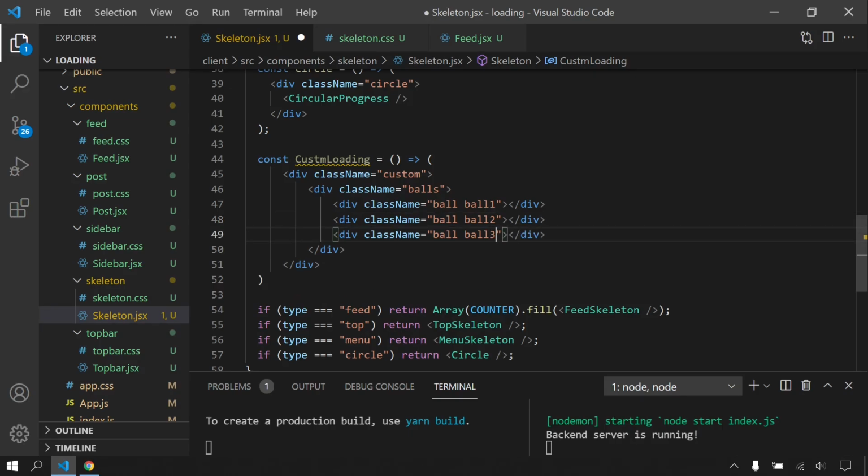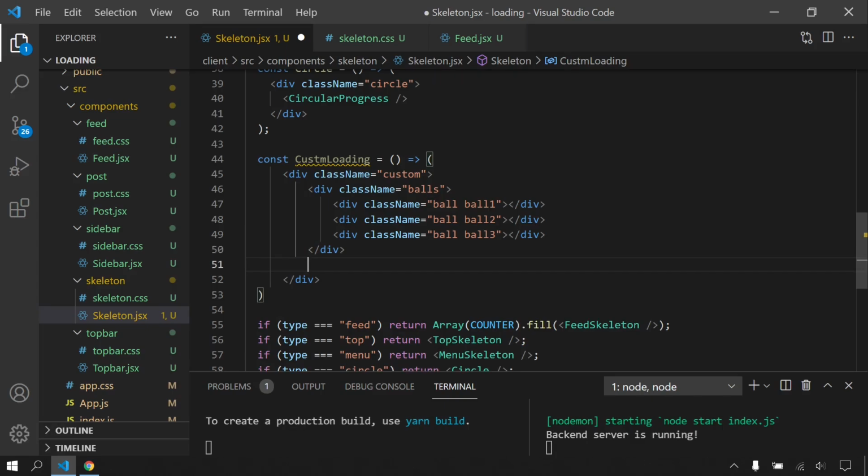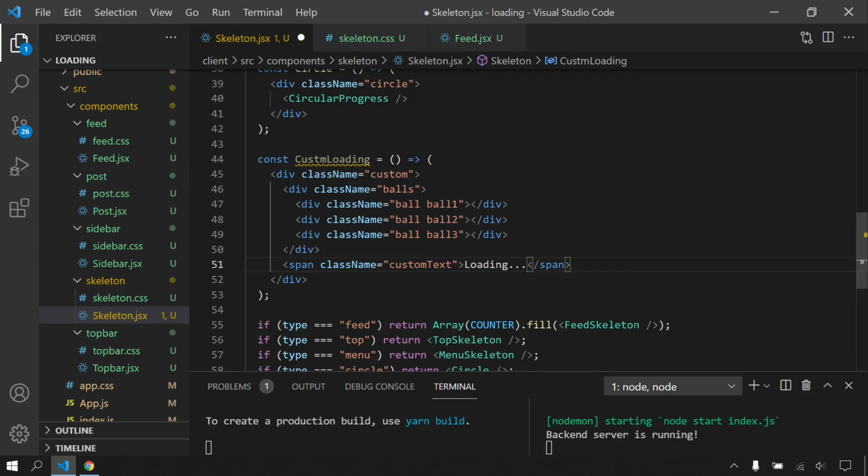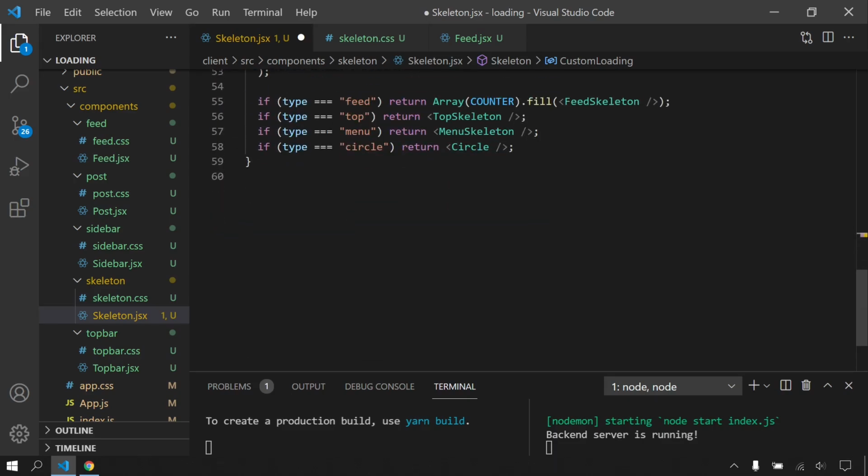And after this balls container, I will have custom text. I will say span custom text, and it's going to be loading. Oops, custom.